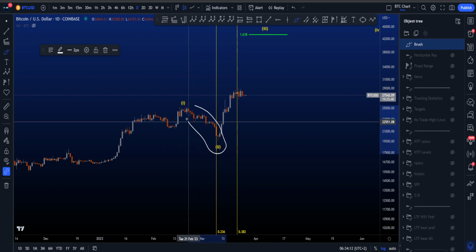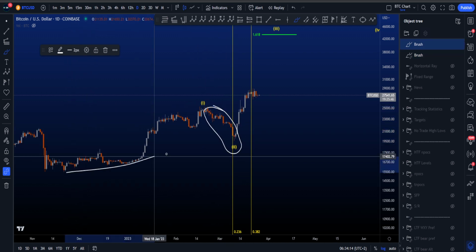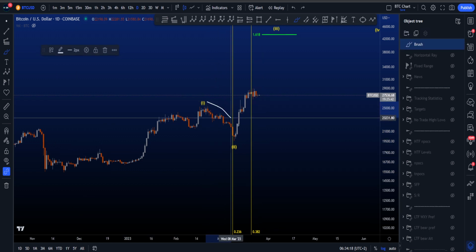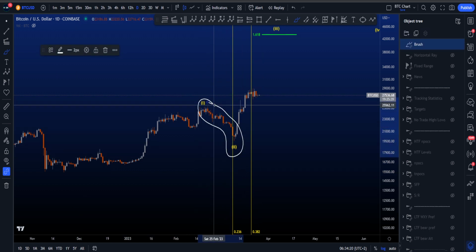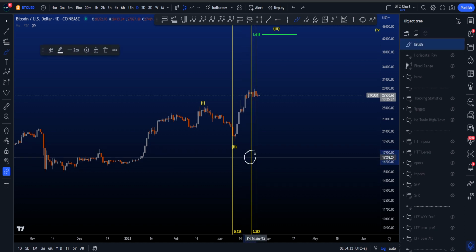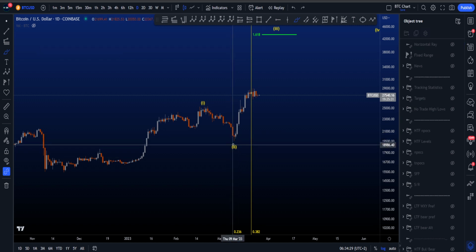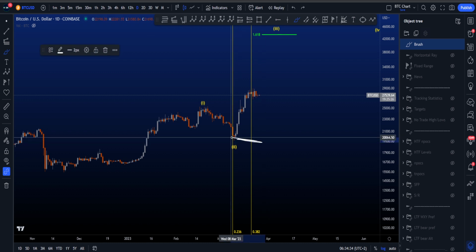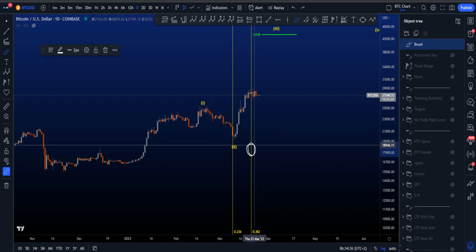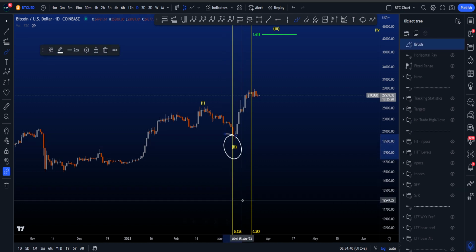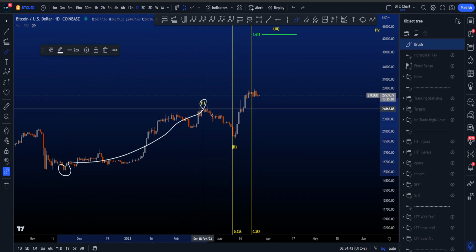Wave 2 over here is very, very short compared to this wave 1, which you can see by eye as well. And usually, or I should say almost always, wave 2 reaches at least the 0.382 fib time, which basically was the 21st of March. However, the low of wave 2 over here in this scenario was made at the 10th of March. So that is a very big difference between usually the minimum target for wave 2 and what it has actually done. It is closer to the 0.236 fib time